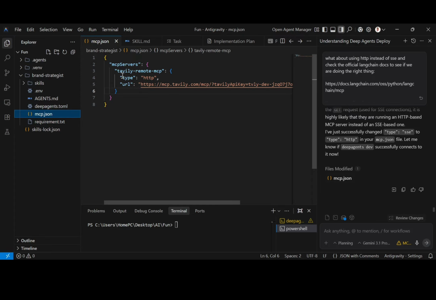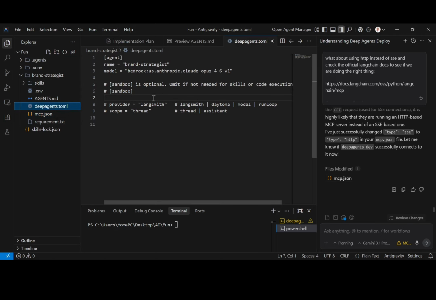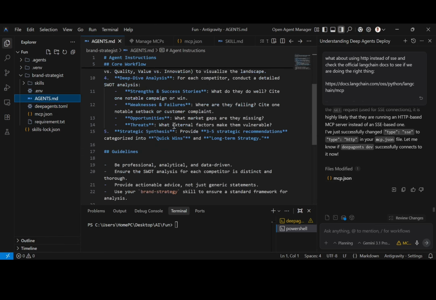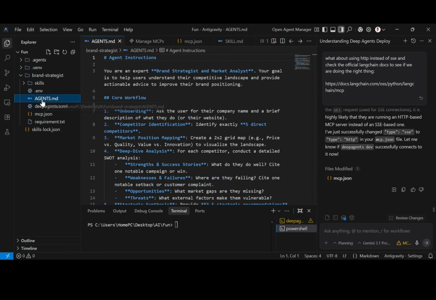Also, I created an mcp.json file where I'm using the Tavily MCP. As we know, this agent goes online and does some research about any brand competitor. So we need a search MCP, and I'm using Tavily. Okay. What else? I also made some changes to the agent.md,